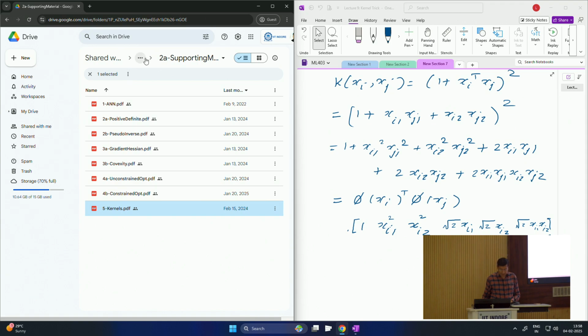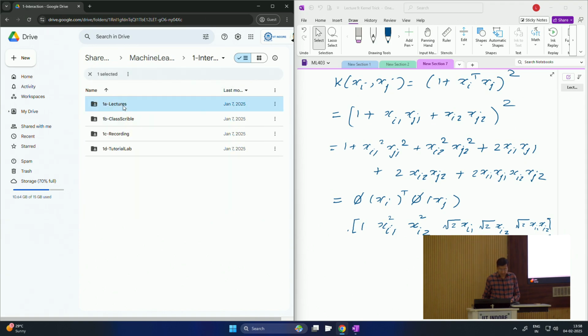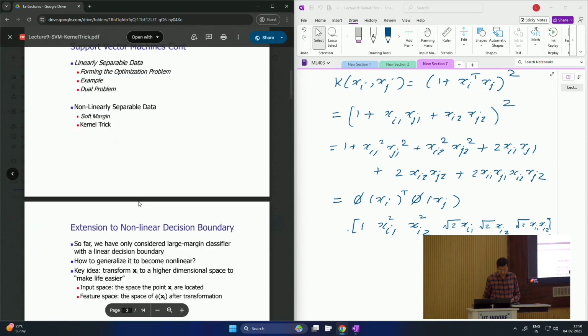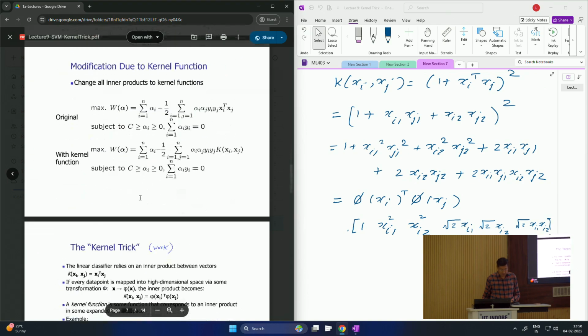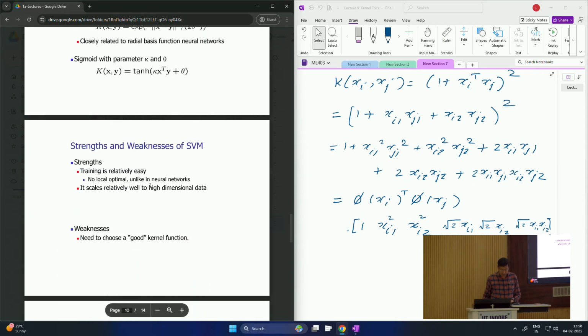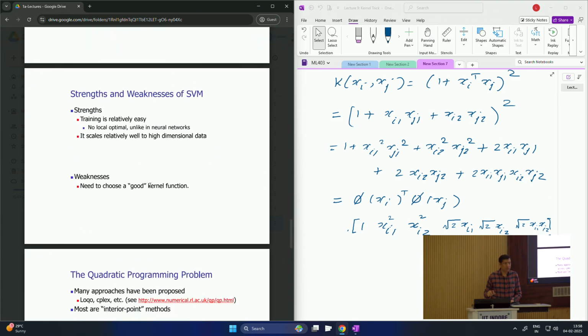Okay, going back to our slides, we had reached here. Now, strengths and weaknesses of a support vector machine. The rest of the class we'll do 3 problems, so that's why I'm trying to finish this. The first is